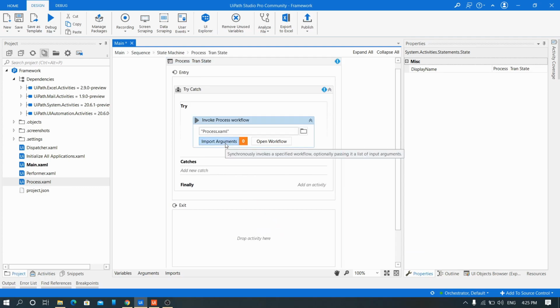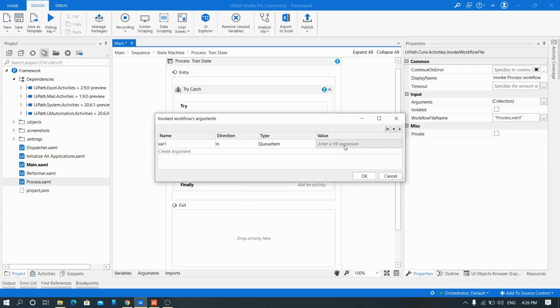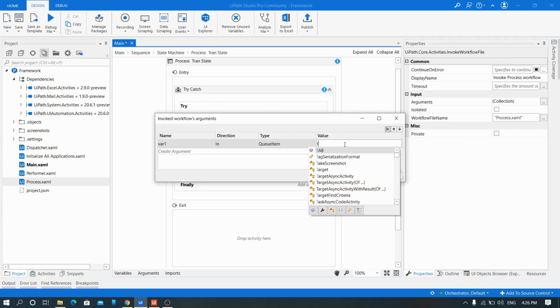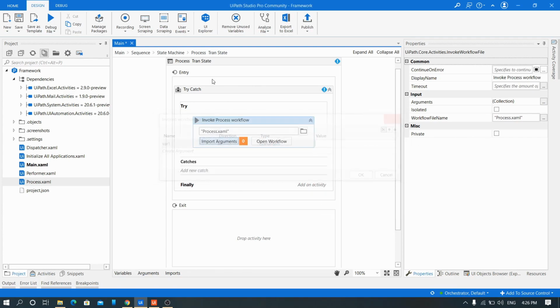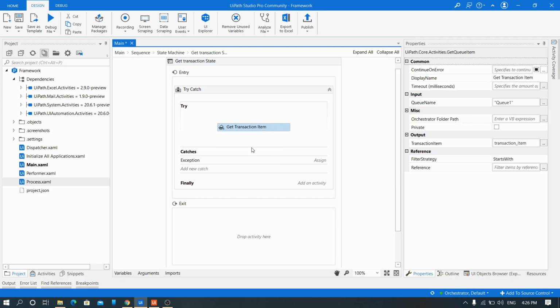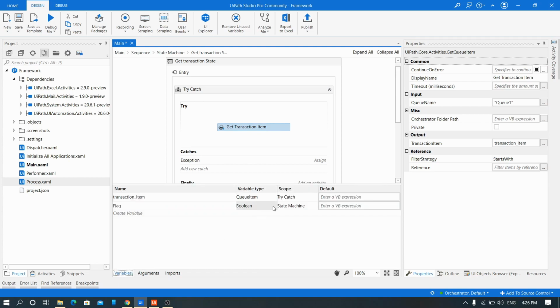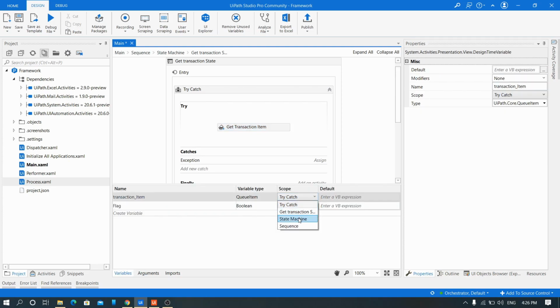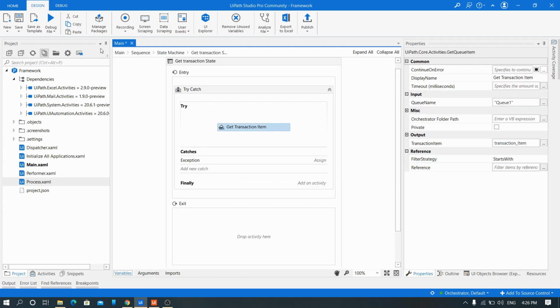Now I'll import the arguments and I'll type. Okay, we need to change the scope of the transaction item there. Variables, the scope will set to state machines.